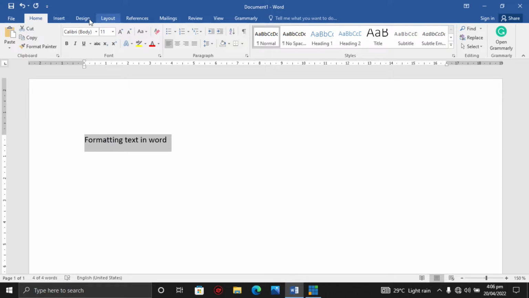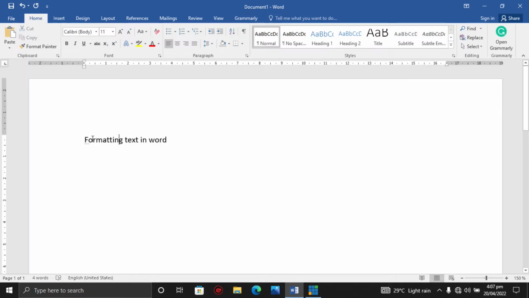Now, if you look on our menu bar, we have the Home. So we have the Home menu, and then we have all the tools in the Home menu displayed here on the ribbon. We have the clipboard, we have the font, we have the paragraph, we have the styles, editing, and this other one here. So what we are going to do now, we are going to look at the clipboard here. So the clipboard here, we have the cut, we have the copy, and we have the paste.